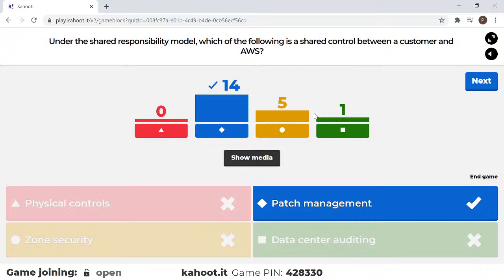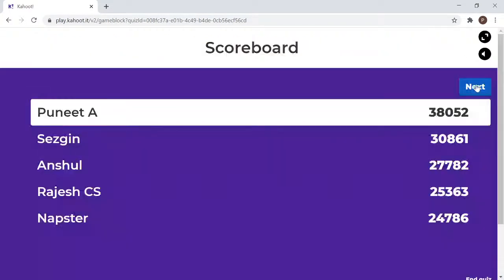Yes, most of the people got it right. Patch management is the right answer. Zone security, physical controls, data center auditing, all of these are related to the physical hardware data centers that are there, and it will be solely AWS responsibility to do that. Patch management is something that's a shared responsibility between both of them. Moving on to the next question,